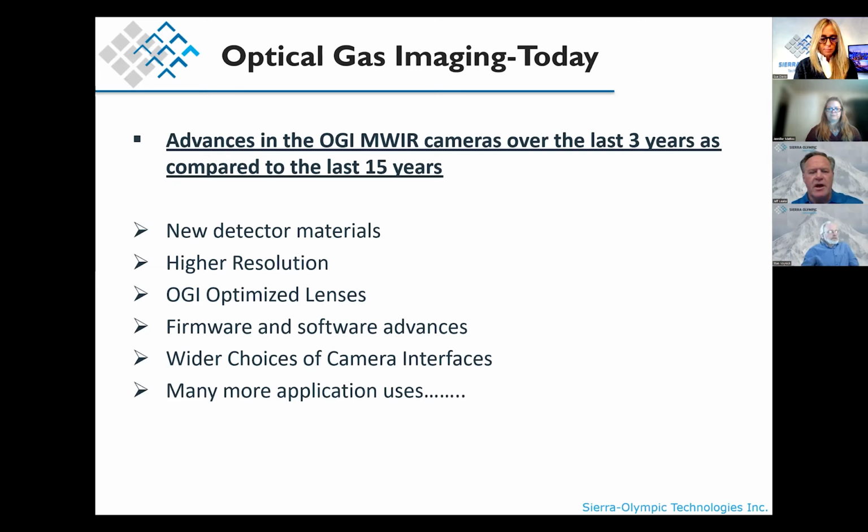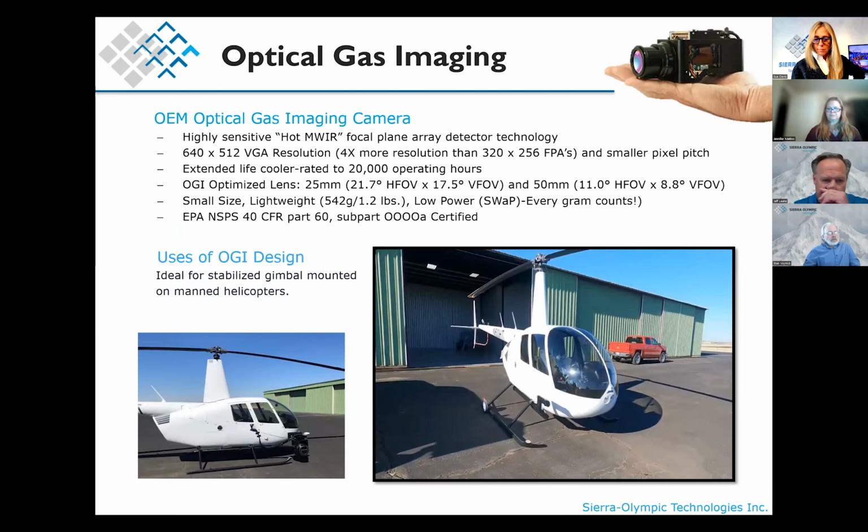Stan already touched on a number of things about the baseline of technology, but I'll just mention some things here related to advancements in the sensor technology from when we originally started with the base indium antimonide, or InSb-based, infrared detectors that were originally, and still, used today for mid-wavelength optical gas imaging cameras. Most recently, in the last 3 years, we've moved away in some manner from the InSb-based detectors to what are referred to as hot mid-wave infrared